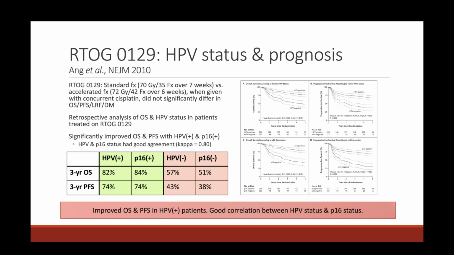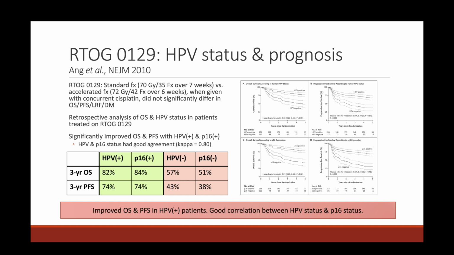status in these patients. And what they found is that patients that had either HPV-positive disease or P16-positive disease had significantly improved overall survival and progression-free survival. So the 3-year overall survival was about 82 to 84% in the HPV-positive / P16-positive cohort versus 57 to 51% in the HPV-negative / P16-negative cohort. The 3-year progression-free survival was 74% in the HPV-positive / P16-positive cohort, compared to around 40% in the HPV and